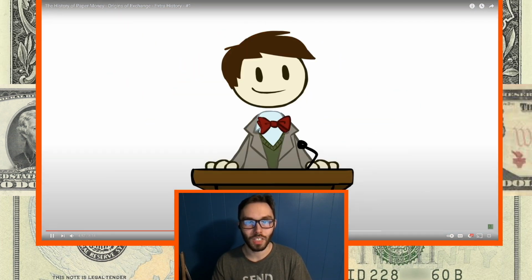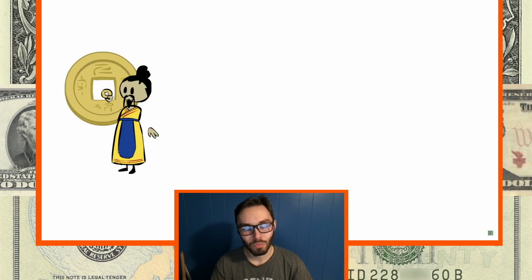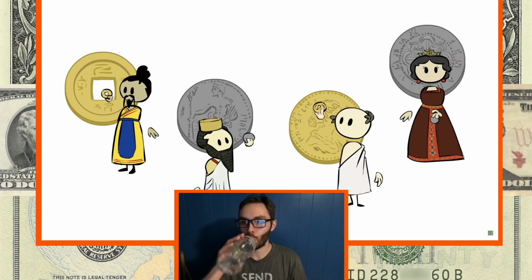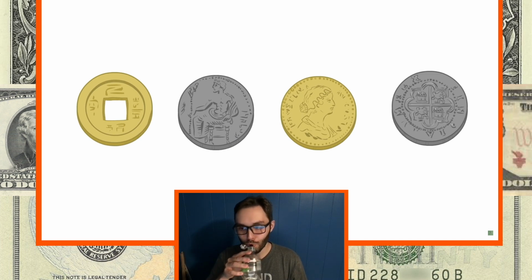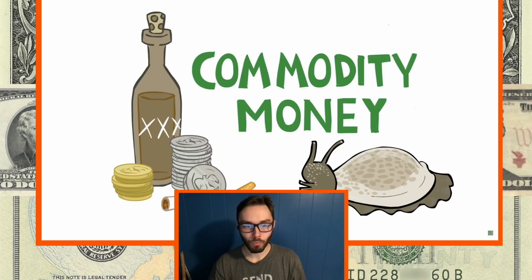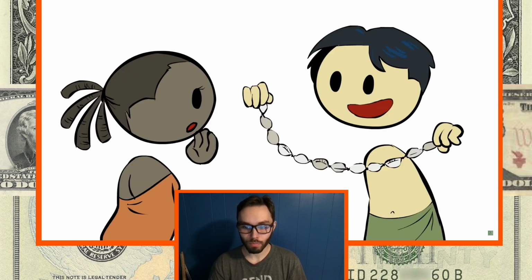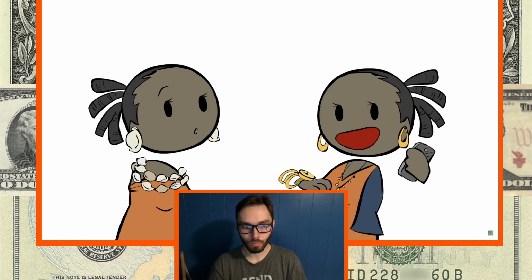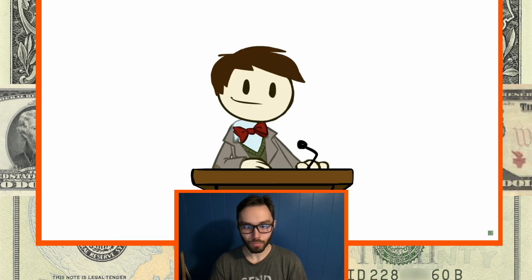We have lots of different possible types of pre-modern money, including the gold and silver coins that we so often think of when we think of money of the past. But all of these different types of money have one thing in common. They are what we call commodity money, because their value is in the commodity themselves. Even cowries were seen as rare and beautiful and could be used for jewelry and the like, and so were thought of as having intrinsic value, the same way we feel gold has an intrinsic value for its scarcity and its uses.